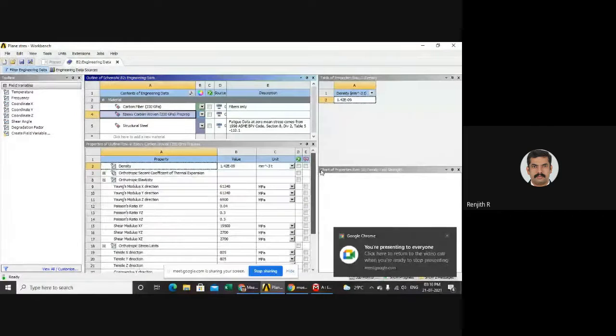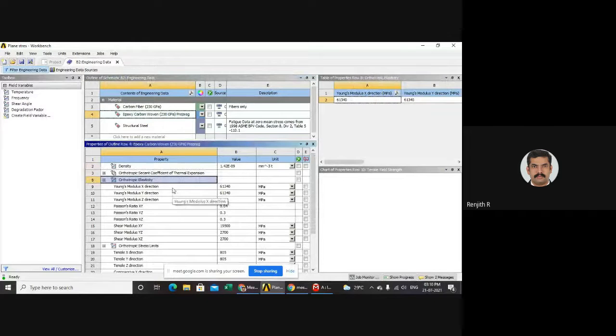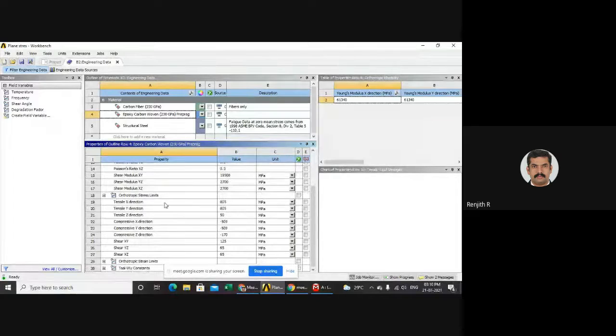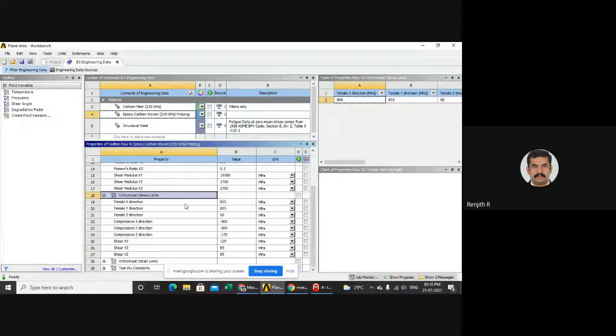this is actually provided with some failure criteria, which means we can find out the failures if the stresses increase. So the orthotropic elasticity is given. We need 9 constants: Young's modulus in 3 directions, Poisson's ratio in 3 directions, and shear modulus in 3 directions. Similarly, these are the failure theories. These properties are based on failure theories, because within the elastic limit, if you want to calculate something, this is enough. But if you want to calculate the failure, you need to give the elastic stress limit. It is also required.